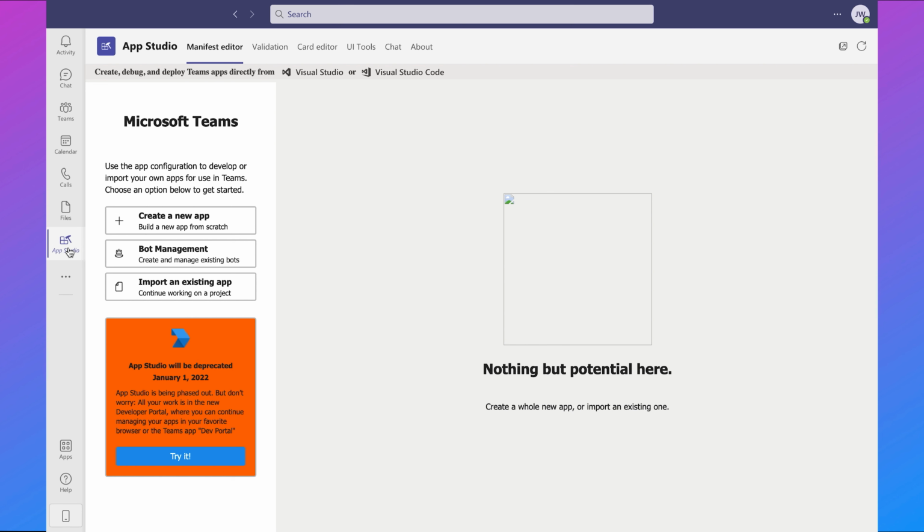And then if you click with your right mouse on it, you can pin this. And what this will do is that it will automatically appear on the left bar in Microsoft Teams. So what we now need to do is create a new app. So we're going to click on this one,